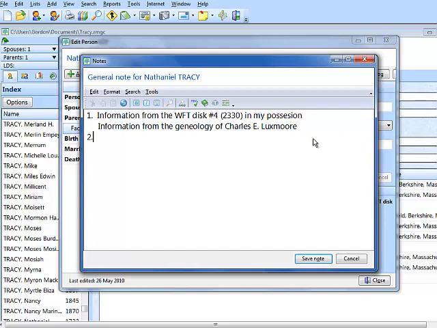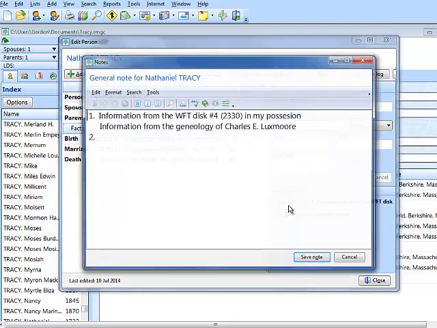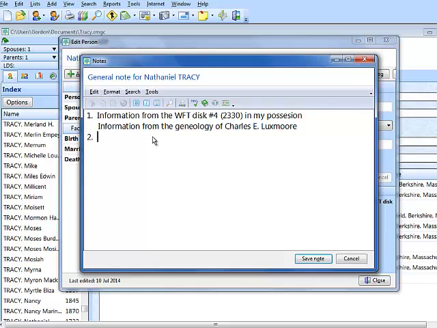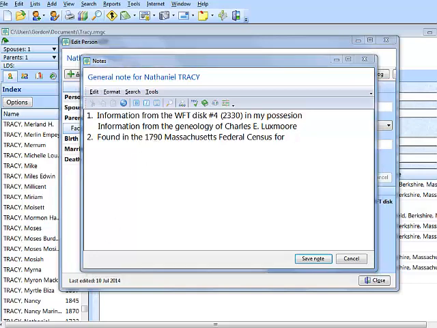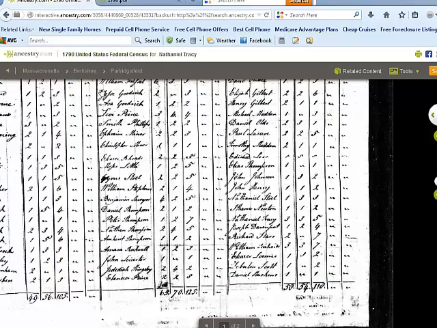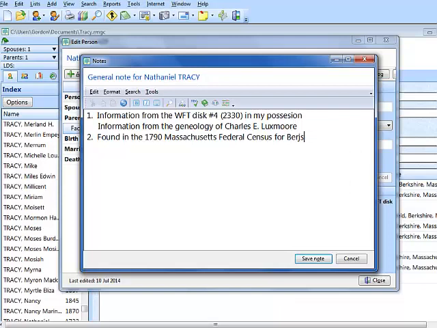So there's 1 space, the number to identify this type of note, the dot, and 2 spaces. We found, whoa, get that off there. What in the world? Oh, gosh darn it. Okay, let's try that again. Found in the 1790 Massachusetts Federal Census for, let's look at the county, make sure we get the county right, Berkshire County, okay, B-E-R-K, Berkshire County,